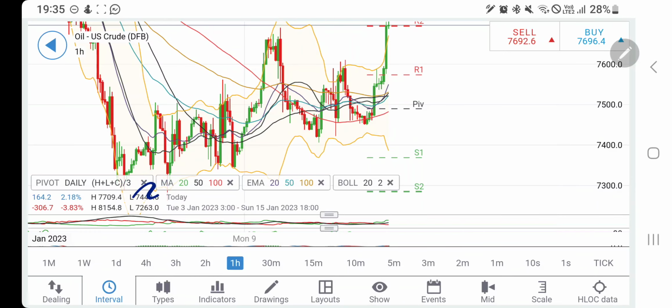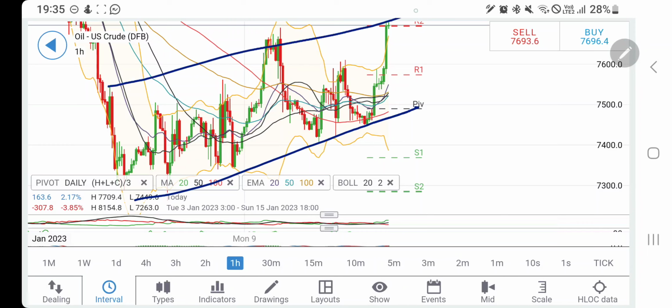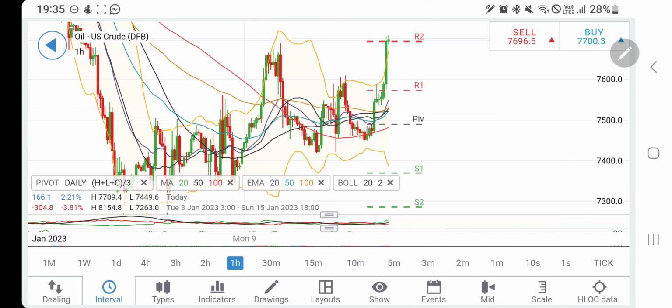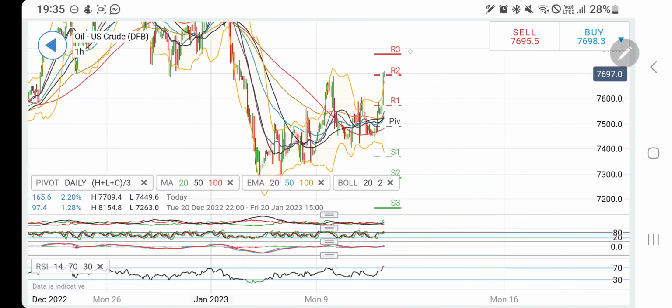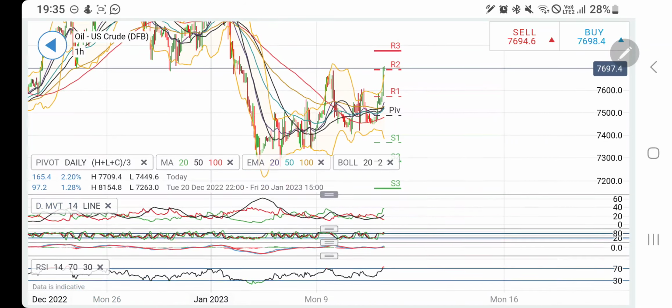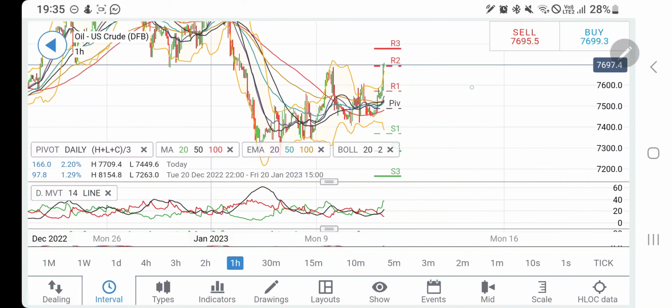Now look at the hourly charts for oil. We talked about this in the morning analysis, that once it trades beyond 75.2, certainly one can expect it to achieve highs, and see it has achieved 77 levels again. These two levels, 77 and 78, are going to provide maximum resistance. Right now it is trading at 77.